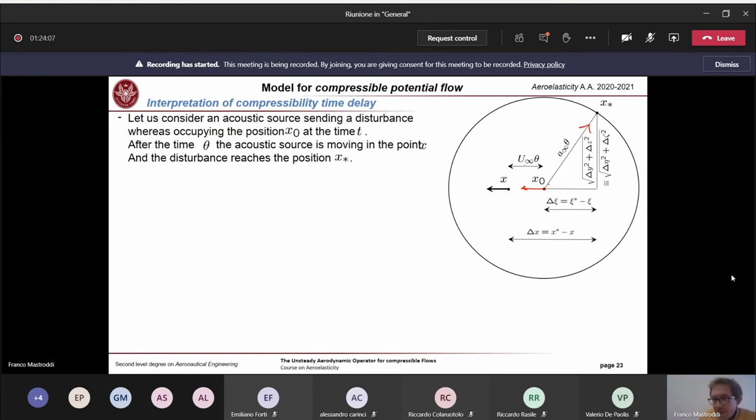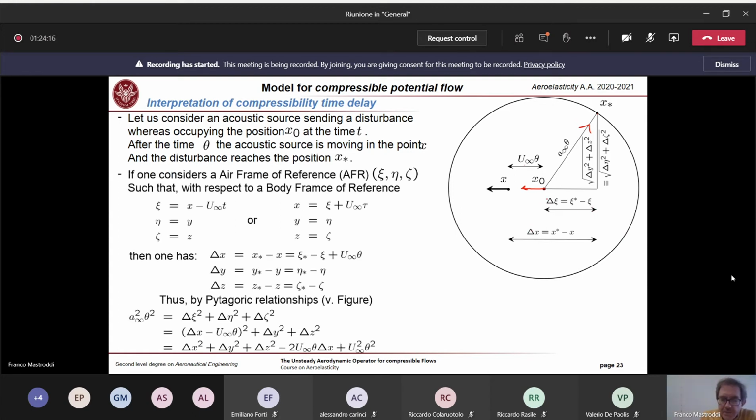Okay, you know this. And after a very elementary Pythagorean consideration on this, you can easily demonstrate that the time